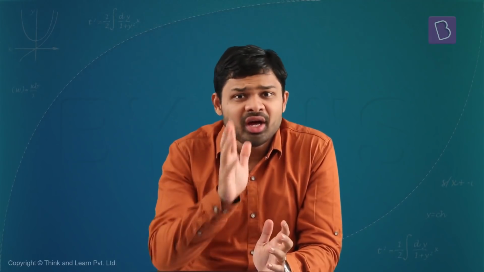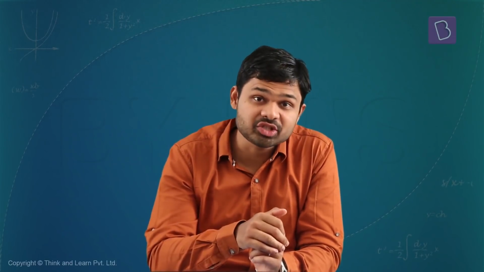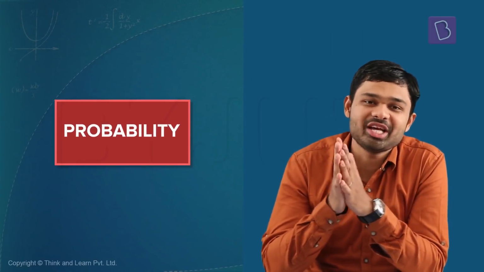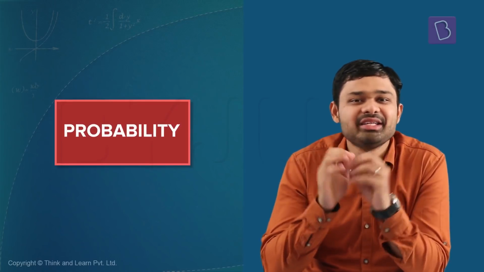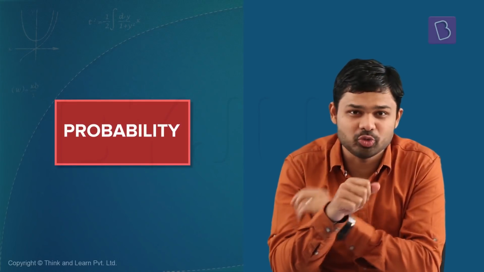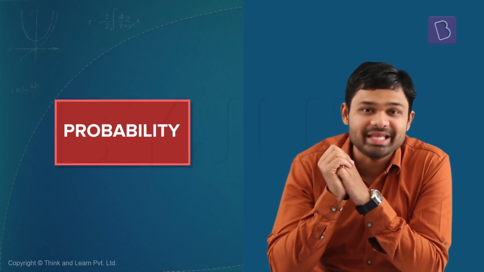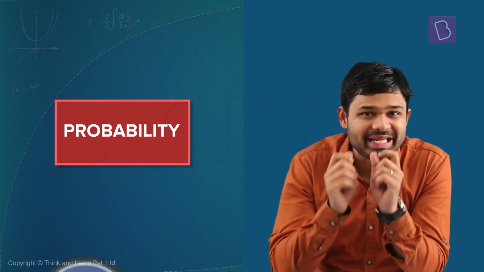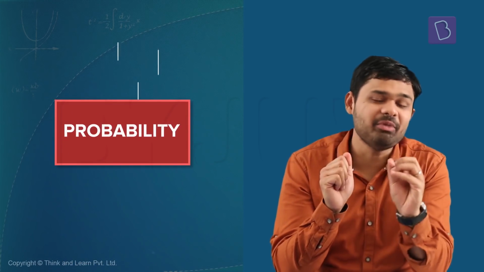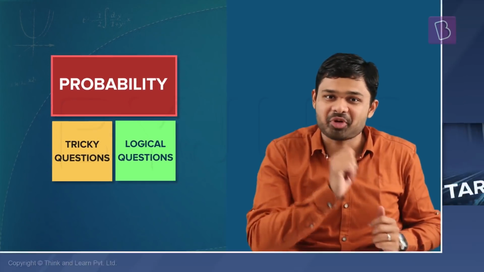Today we are going to look at a chapter in mathematics which is probability. The moment we say probability, a lot of students are a little disillusioned because this chapter is an Achilles heel to a lot of you, because this chapter has questions that will always stump you in the examination. So today we are going to quickly analyze probability from the examination point of view and then look at some of these twisted, tricky, logical questions which come from probability.